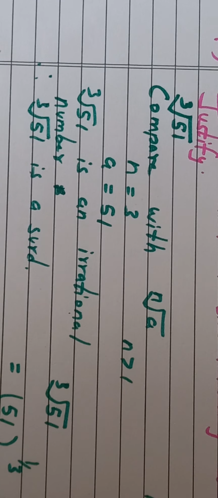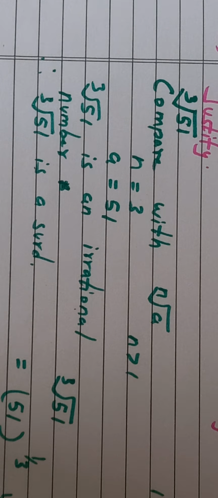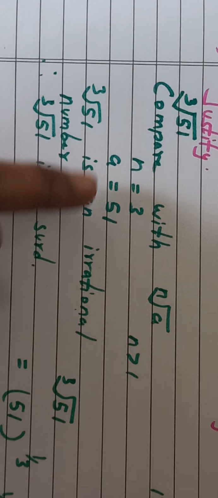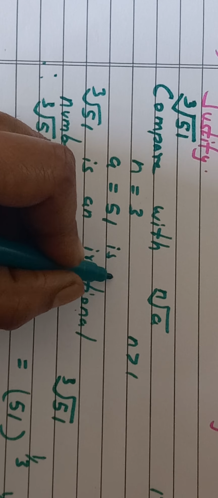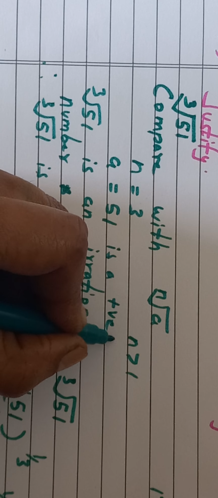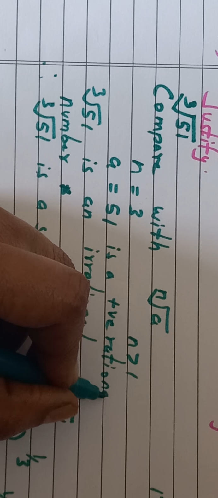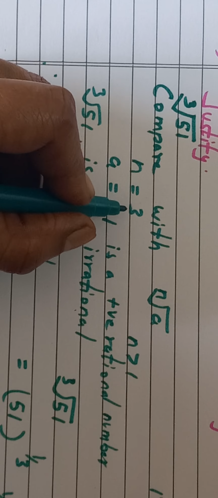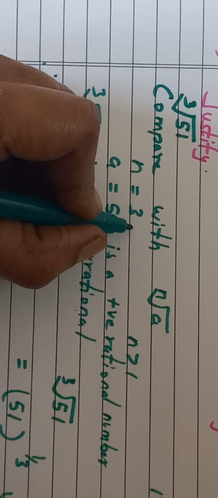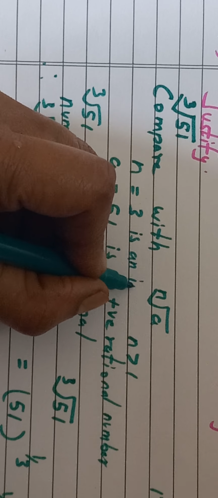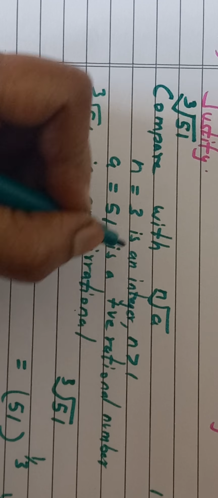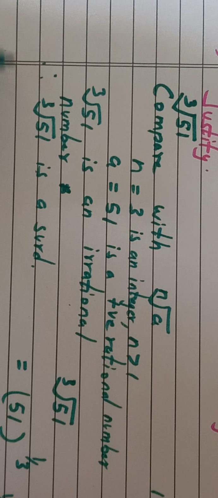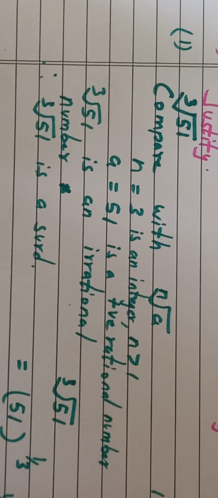That's all you can do. Followed? We have already explained that n is 3, a is this. The order of the surd, n greater than 1, is also being mentioned. a is 51, a positive rational number, that also they want. n is equal to 3 is an integer, greater than 1. So like this you can solve the examples if the concept is understood properly. This is the first example.